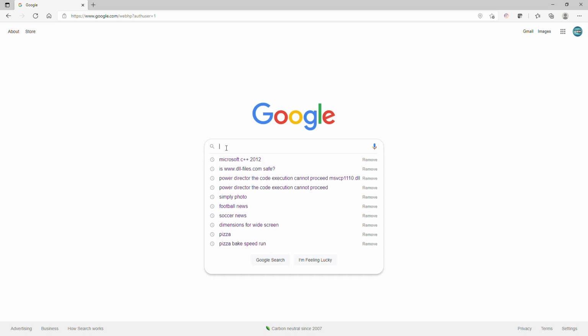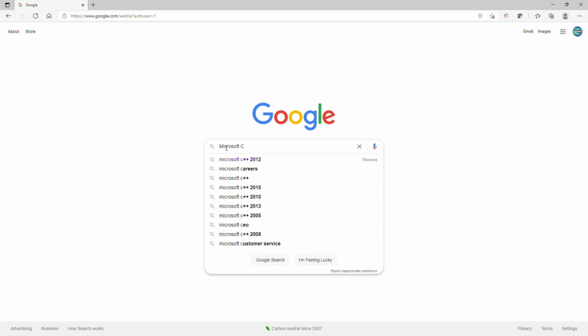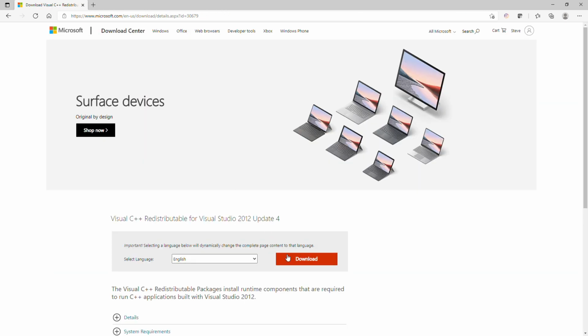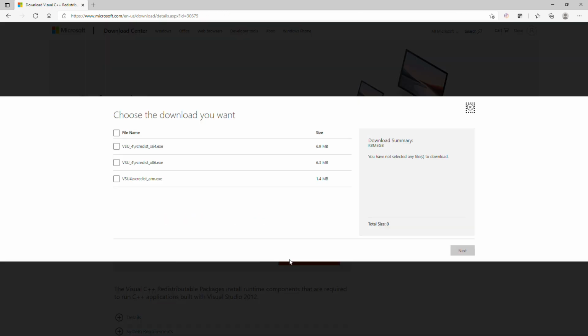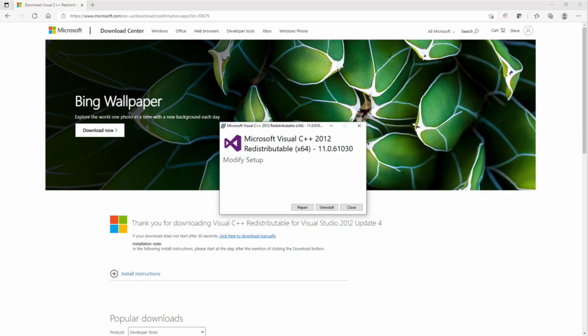The solution to this problem is relatively straightforward if you know what to do. Simply open a browser and then type in Microsoft C++ 2012, click on that program, click on download, select the version you want. I picked the 64-bit version, click on next, wait for the file to download, go ahead and open up the file and then prepare to either repair or